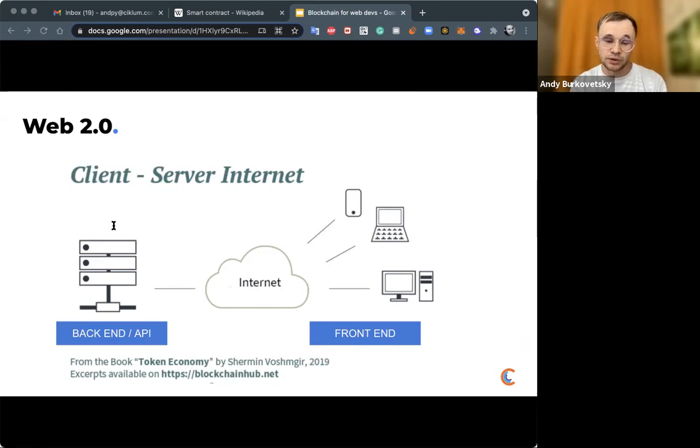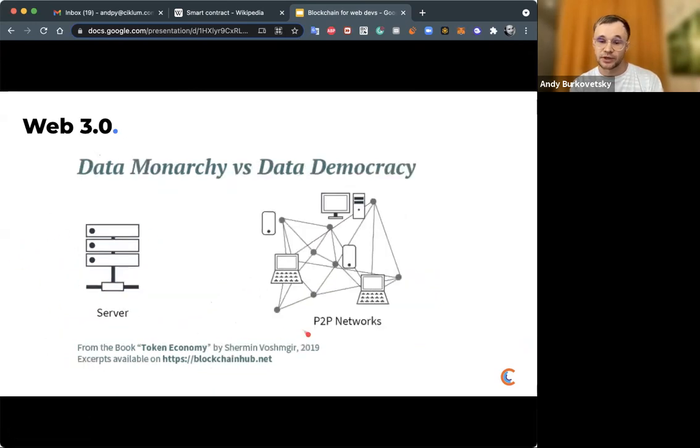But if we look deeper into the so-called Web 3.0 architecture or blockchain architecture, we will find that we actually don't have a classic server in this case. So this backend API does not really look like this, but rather looks like this on the right, a P2P network.